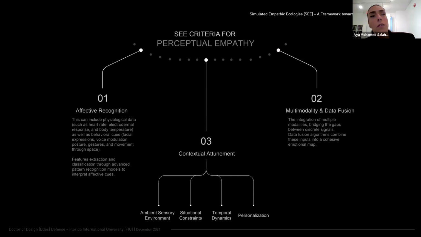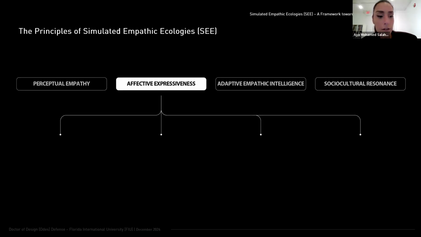So basically, this sums up the criteria for perceptual empathy: all the modes of different affective recognition. But it's not just enough to get this affective recognition. It's also about the multimodality and how these data fuse together, as well as further layering it with this contextual attunement. Moving on to affective expressiveness, and with affective expressiveness,